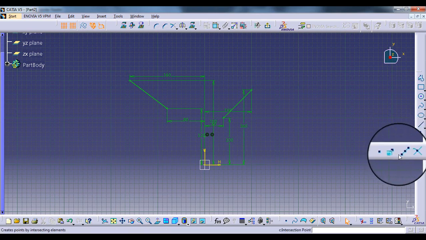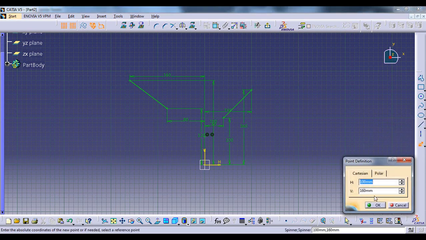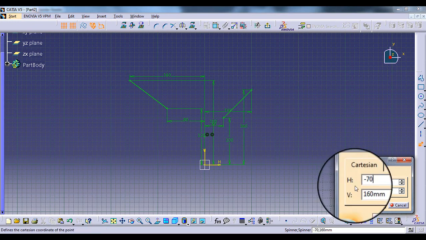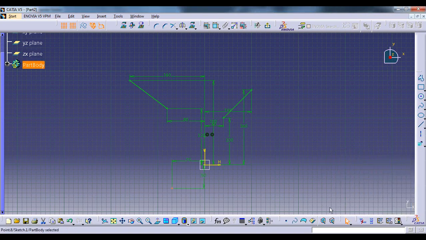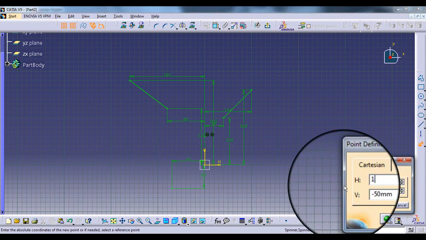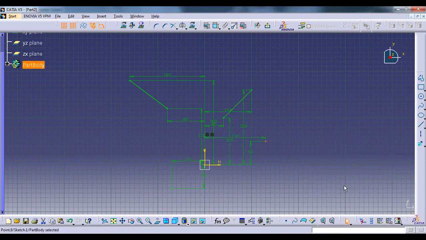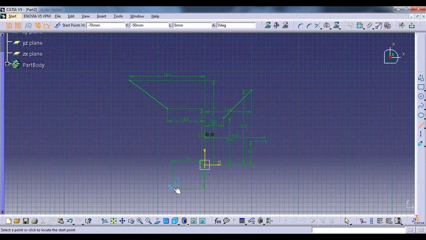We will select again this command, -70, -50. Here is this point, and we will also plot 130, 50. So now we will make the XY line through it.